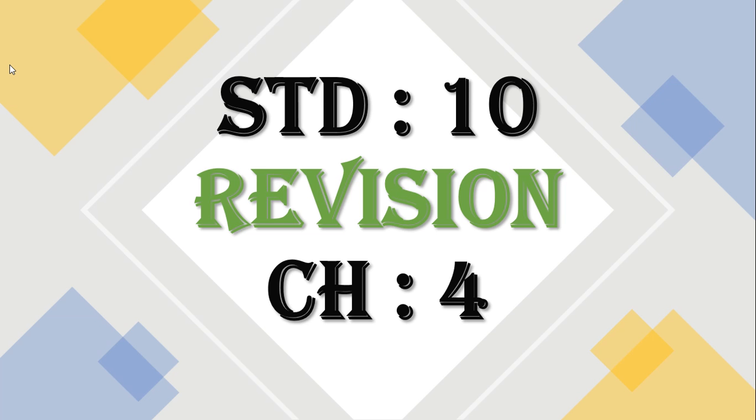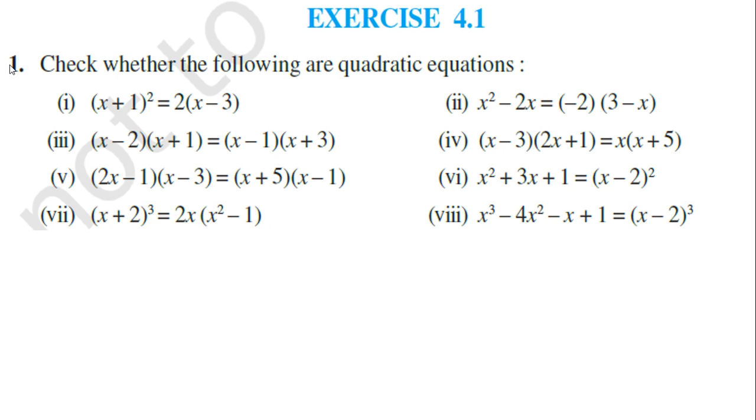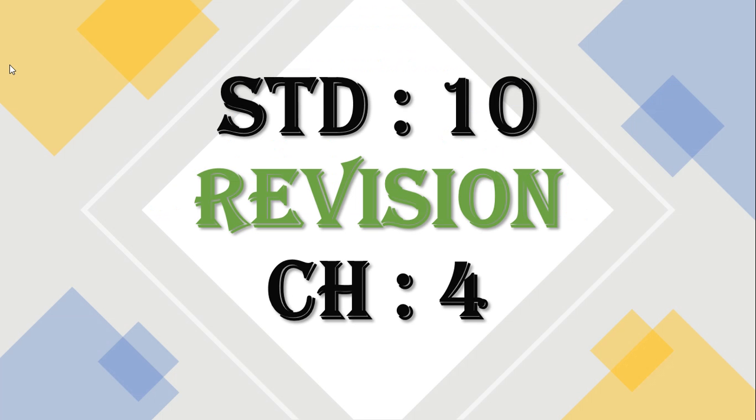So 30% of the syllabus is removed. So in this revision portion also, I have removed these things. So this is clearly an exam-oriented video that you all students are seeing right now. So see this video properly and let me start exercise number 4.1, and this is question number one. Here you have to check whether these are quadratic equations or not. So for a quadratic equation, first of all, let me discuss the authentic format of the quadratic equation.